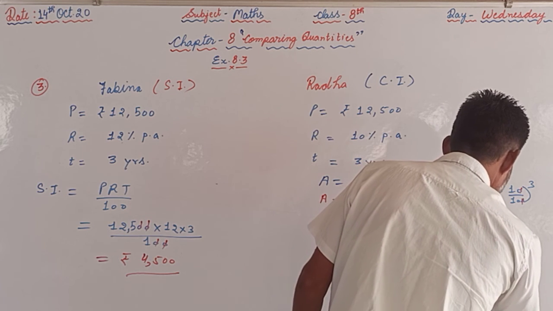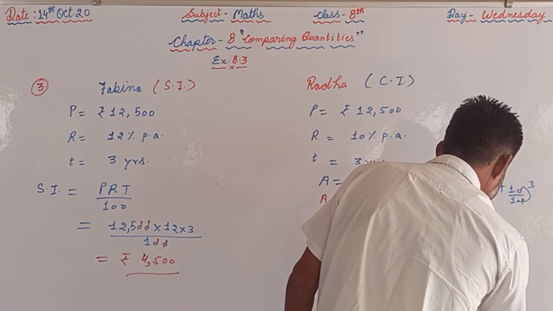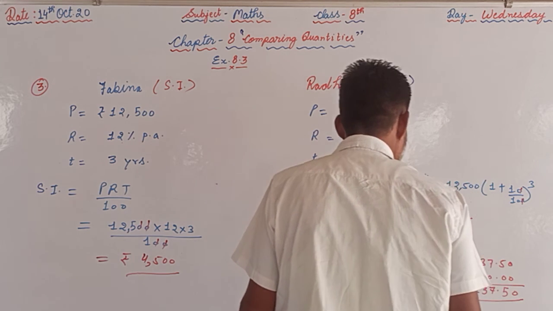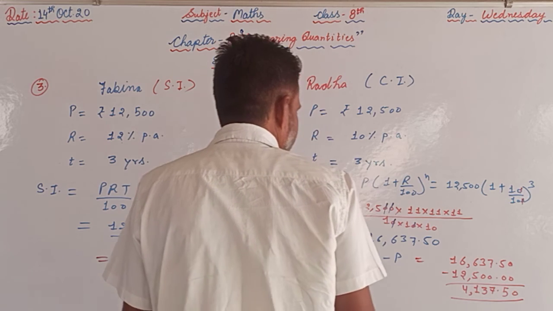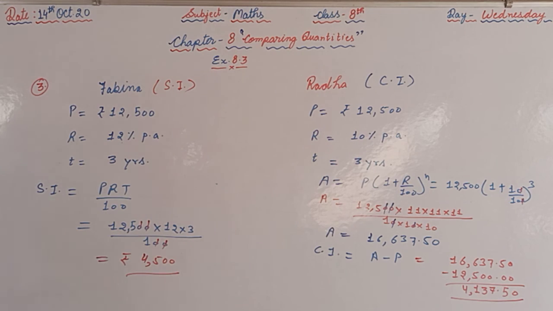So the difference will be the interest, so that is 4,137 rupees 50 paise, and so in this case we are seeing that Fabina has to pay more interest,